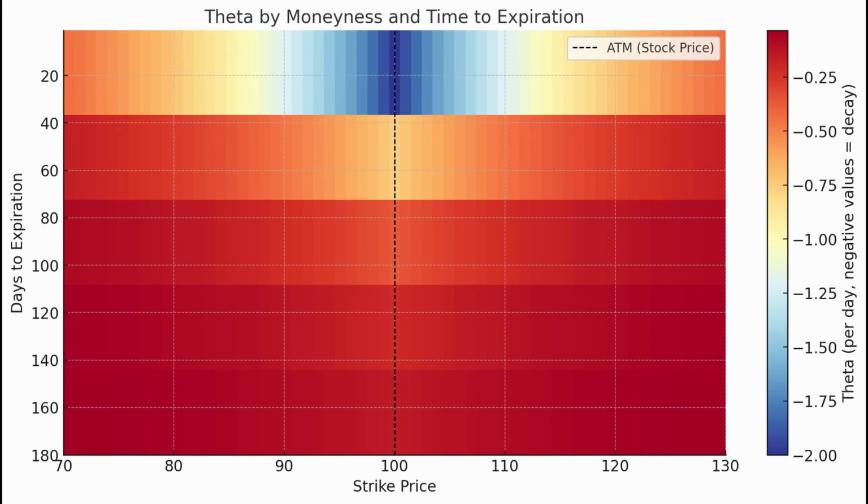So you can see the heat map here, but theta is highest for at the money options, as you get closer to expiration, and also for stocks, or any assets, with higher implied volatilities. This doesn't have to be stocks. Assets that are expected to move more in price, where the options are more expensive, those options are going to have higher thetas. So I figured it would be useful to go through some examples to visualize theta.